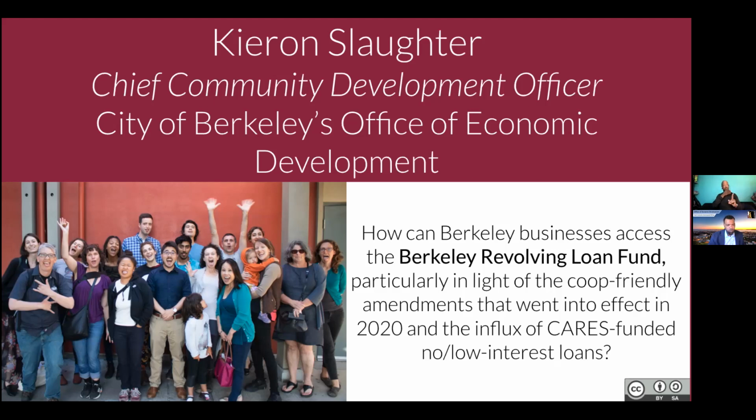And so we think these changes make the RLF more accessible to worker-owned cooperatives, and make the city of Berkeley one of the first cities in the country to offer loan funding tailored to the needs of cooperatives. And we also believe that these actions are scalable, and these can be a model for other cities locally, which is part of the reason we're participating and helping support this type of teach-in, because this was new to me as well a few years ago.